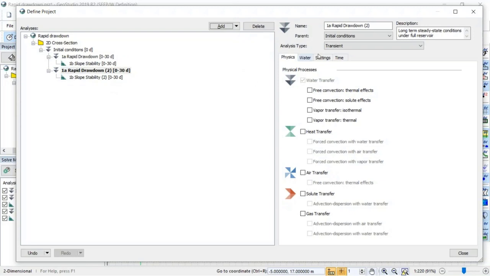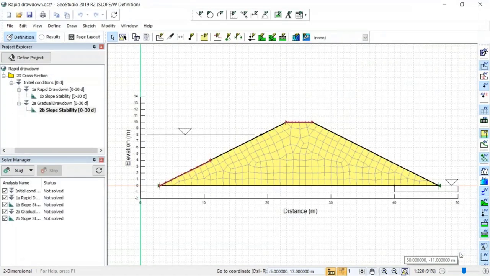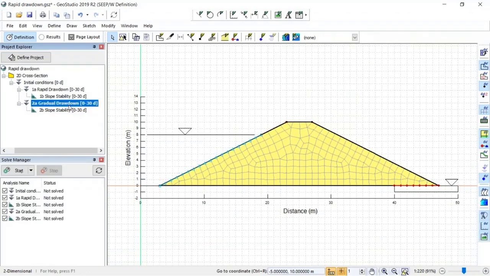I will rename these analyses 2A Gradual Drawdown and 2B Slope Stability. Because we cloned the existing analyses, the time stepping, materials, boundary conditions, and slip surface definition are all the same in these new analyses. The only thing we have to change is the boundary condition representing the reservoir in the gradual drawdown seepage analysis. Go to the analysis 2A Gradual Drawdown, select the Draw Boundary Conditions icon,